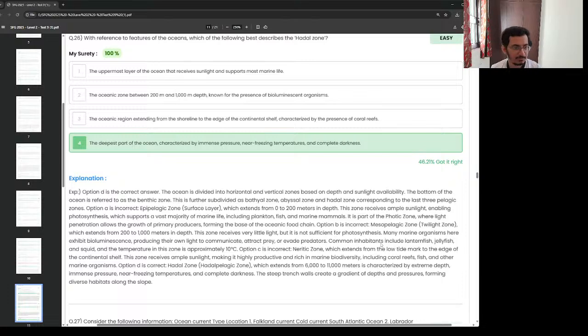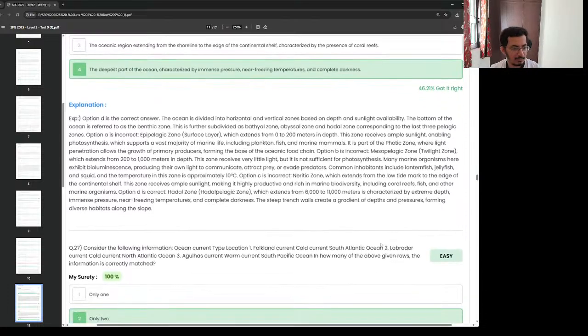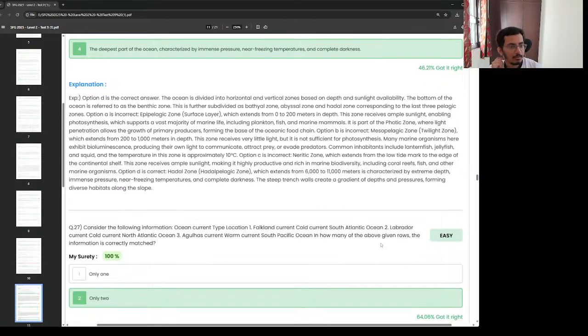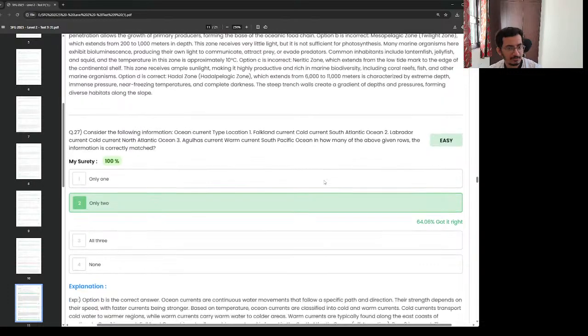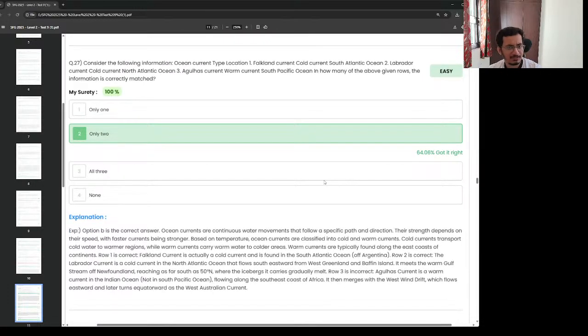Nectic, epipelagic, mesopelagic, and bathypelagic. I think the third one is right. Something like that. Then consider ocean current type, the Falkland current, just near the Falkland or Malvinas Islands in the